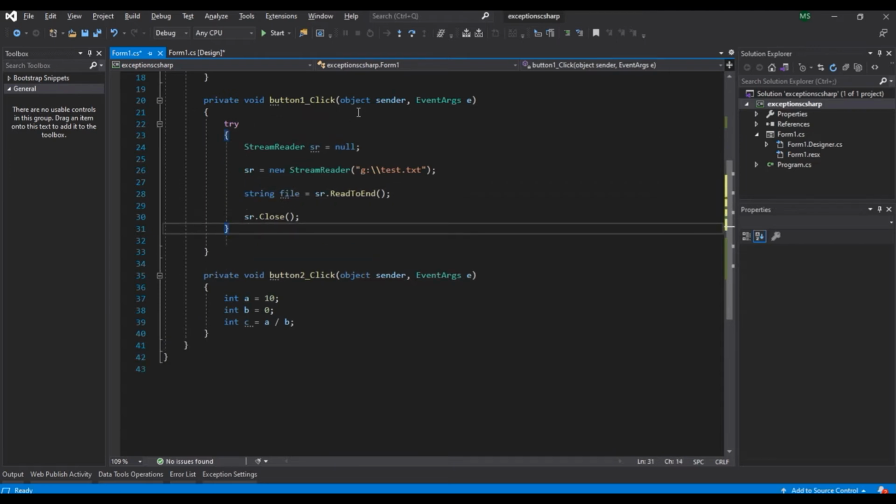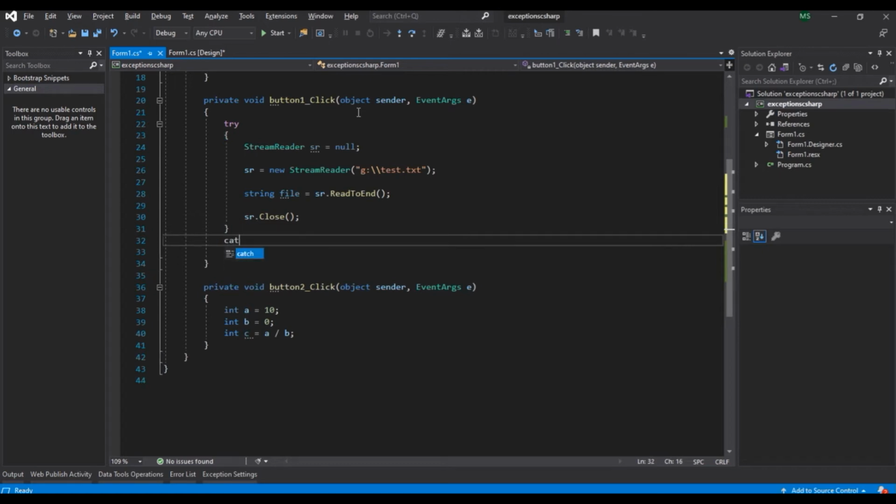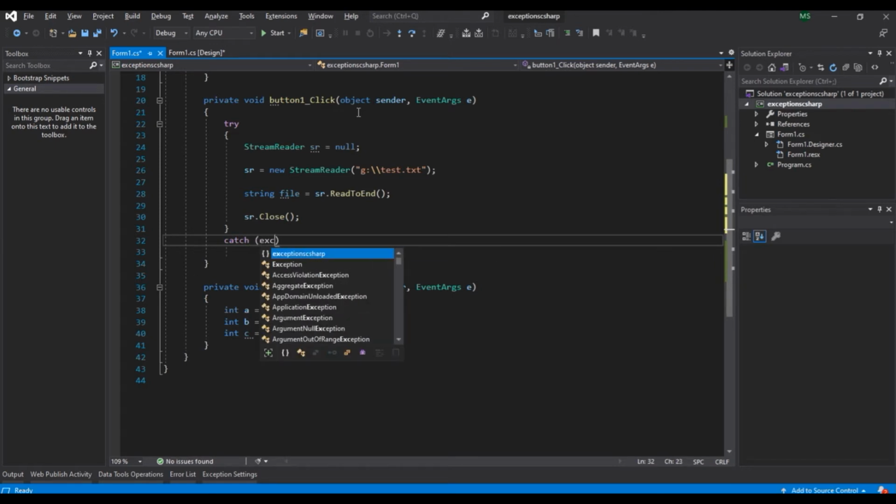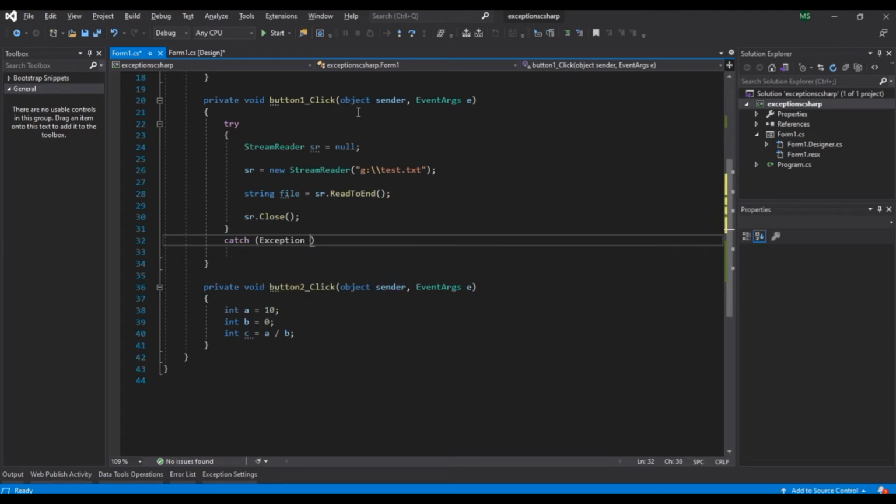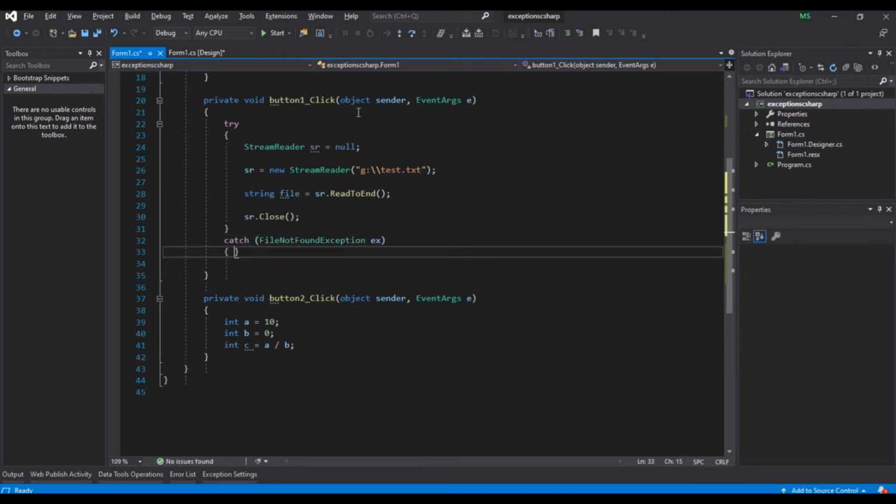To add exception handling, the first thing we have to do is put our code in a try block and write a catch block exactly below. If you know what type of exception can occur in this particular code, you can catch that particular exception, so FileNotFoundException.